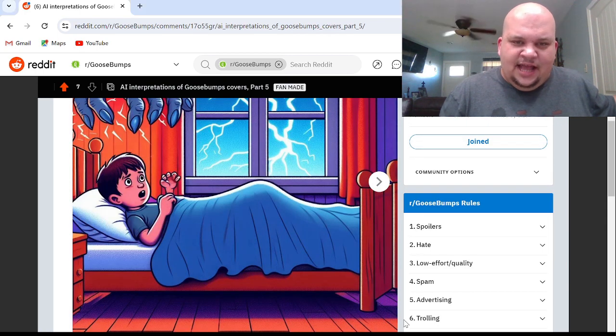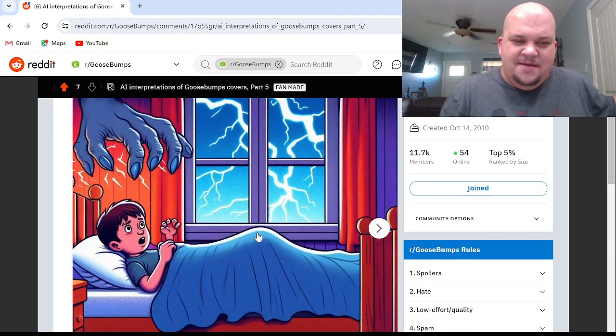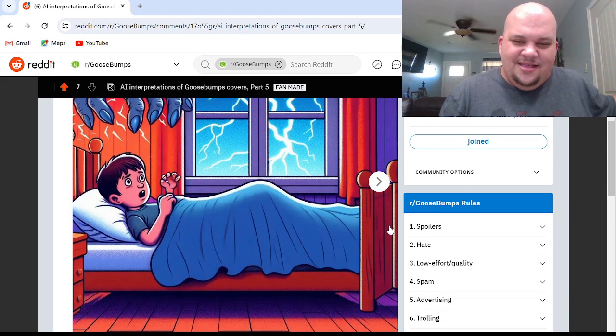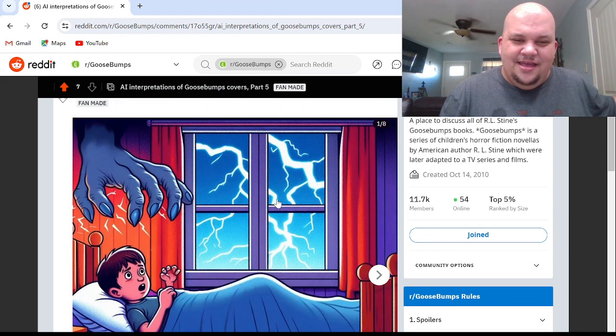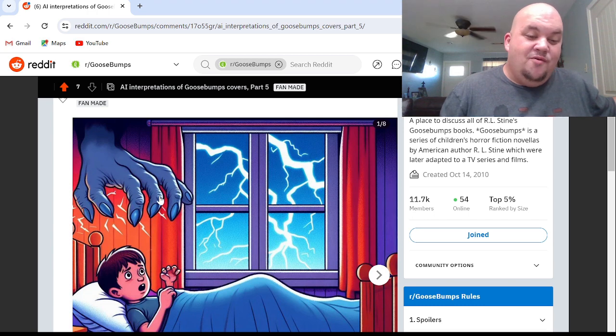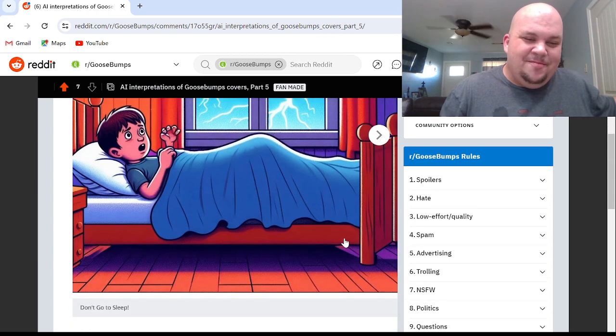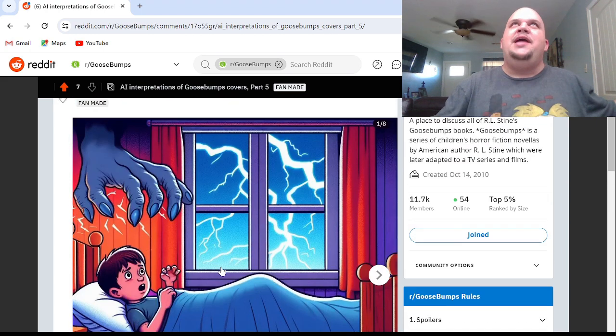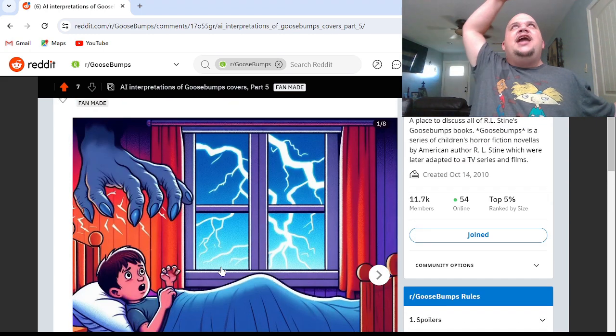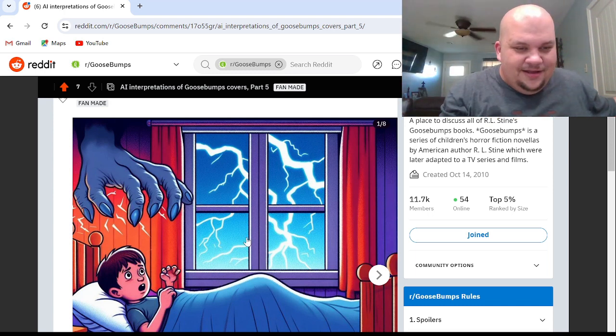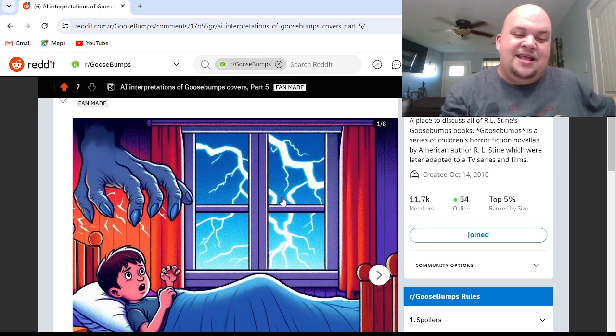Alright, this right here is the last set. So we got Don't Go to Sleep. So instead of the hand coming from the foot of the bed and it being from above, we have a little side view and the hands coming from up top, which I'll say is actually more terrifying than a hand coming out. Well, a hand coming out from under your bed, it would be terrifying. But imagine you just lay in bed and you're looking at the ceiling, and this hand just comes down, grabs your face and just pulls your face off or something. That'd be terrifying stuff.